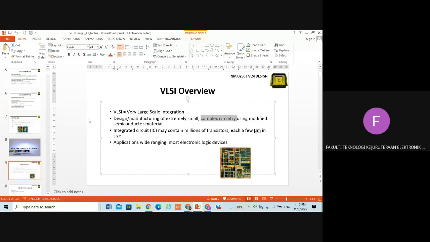That's actually the relationship between the semiconductor process technology and the size of the circuit, the size of the transistor, and consequently the size of the chip. An integrated circuit may contain millions of transistors, each a few micrometers in size. Normally the size of a transistor is in micrometers or nanometers. So what is actually the current process technology